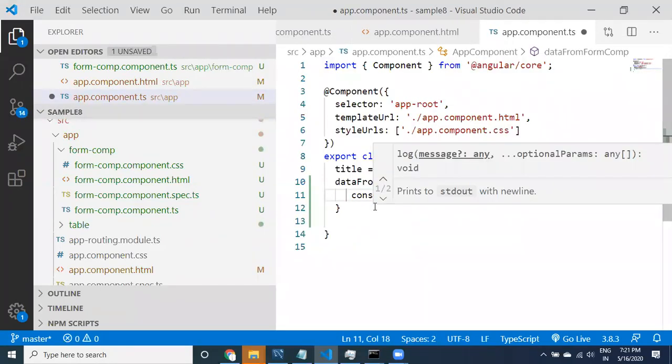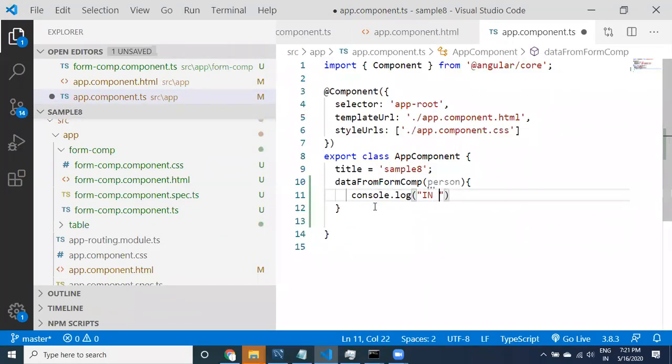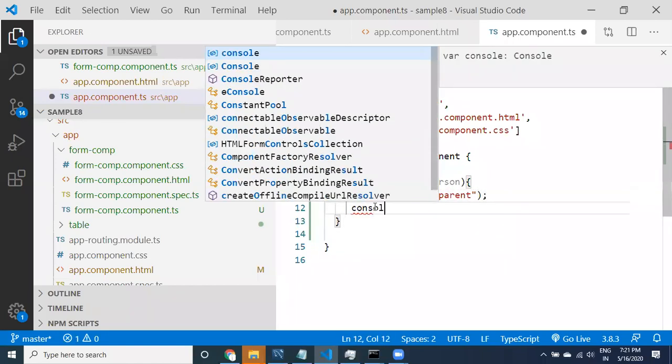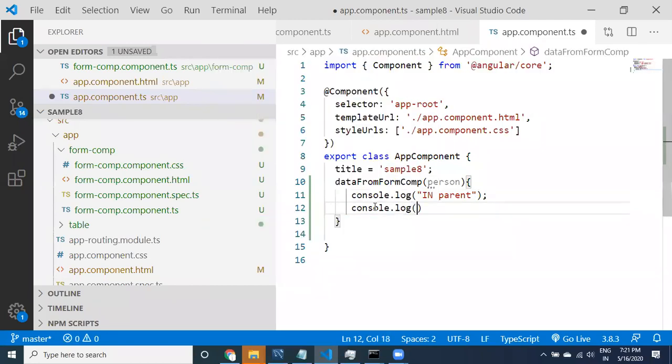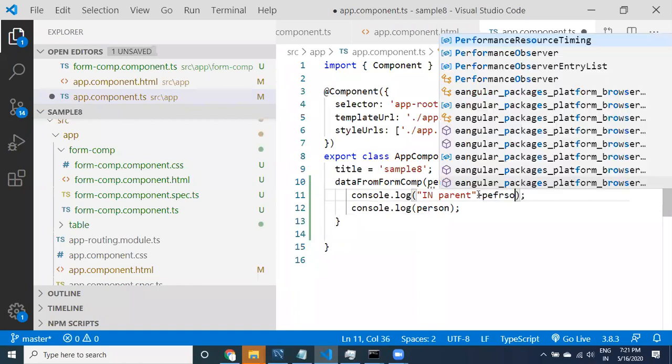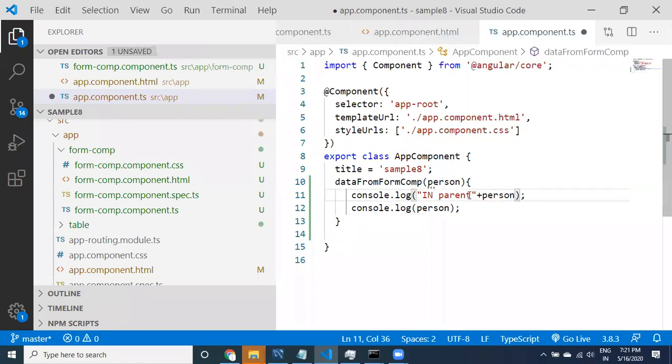First you provide some information in the parent, and then say console.log of print person. You can provide a plus person, but if you print like this in the same line along with this text, it is going to print object, but I need to print the data inside the object. That's why provide person inside the log separately.